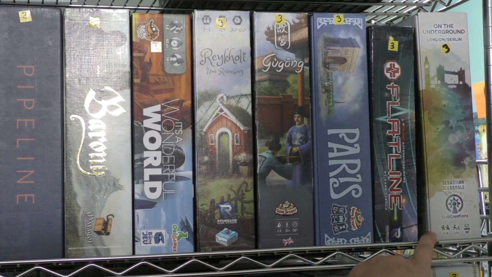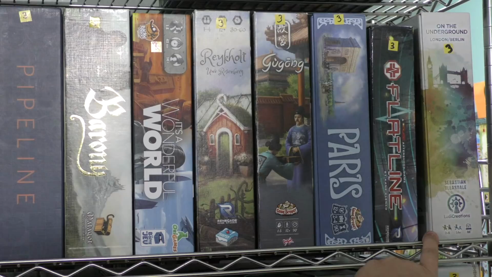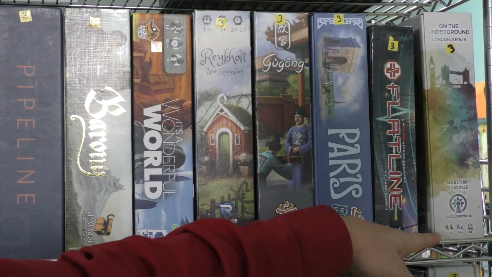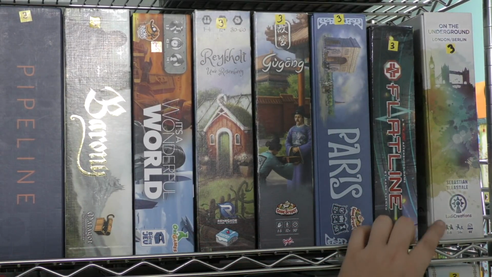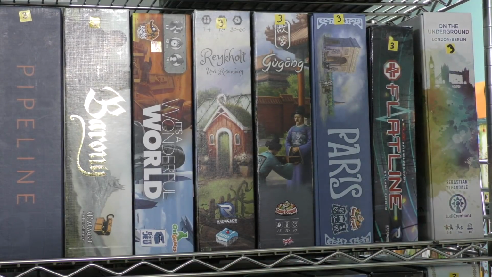And then On the Underground, an amazingly fun game where there's a lazy passenger and everyone's competing to get that passenger to take their subway lines, best with 2 or 3 players. This is the reprinted version of it, and it is gorgeous. Ludi Creations, this is their nicest looking game that they've done. And that's kind of a